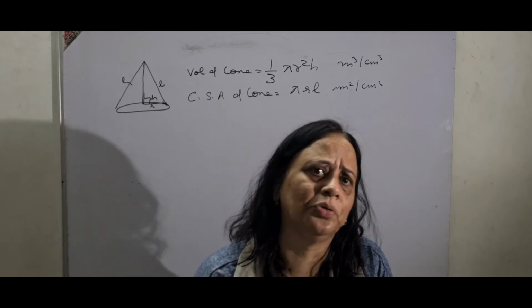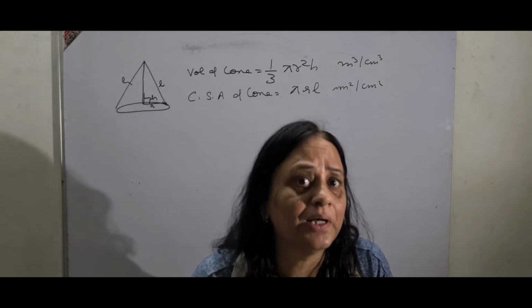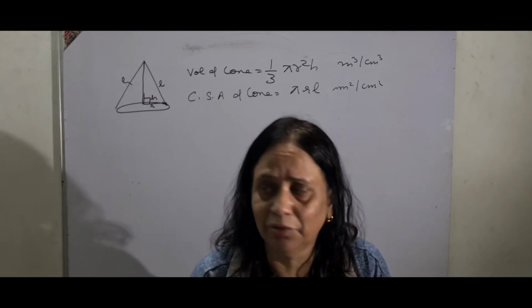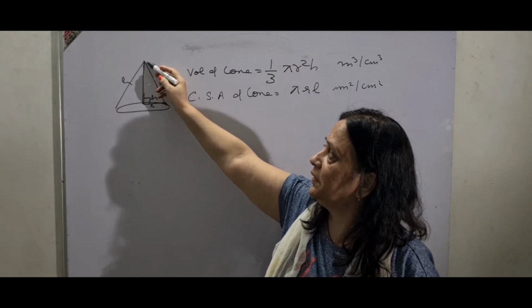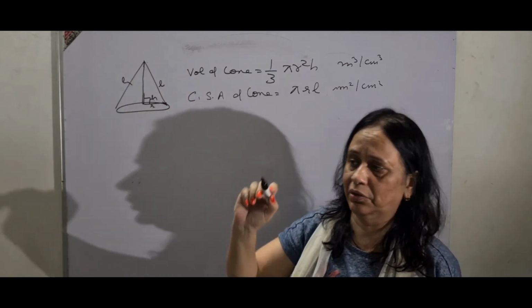Otherwise there are so many cones, but I am giving you the example of an ice cream cone, or maybe a Christmas cap. They are all examples of a cone in which all the slant heights are equal. So the slant height is taken to be l, and if you measure the perpendicular height, that is h. All the cones are right circular cones.